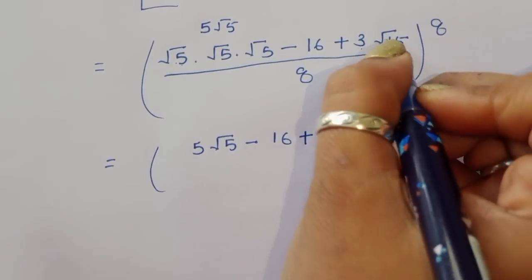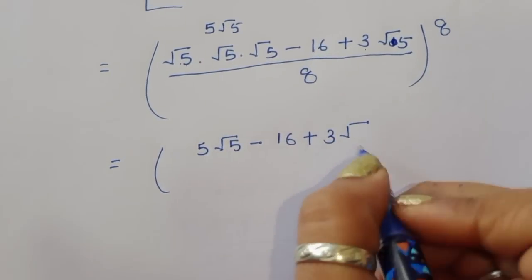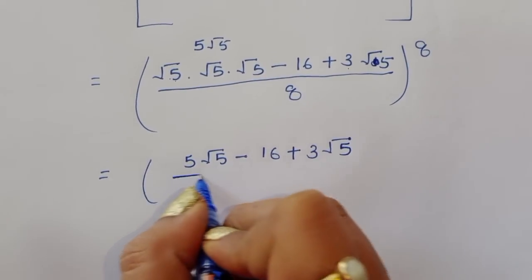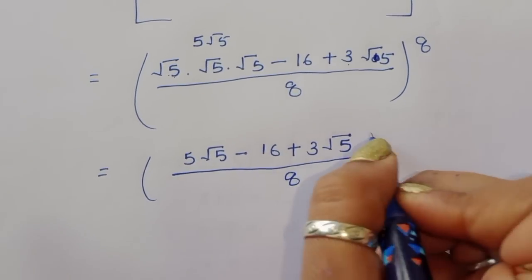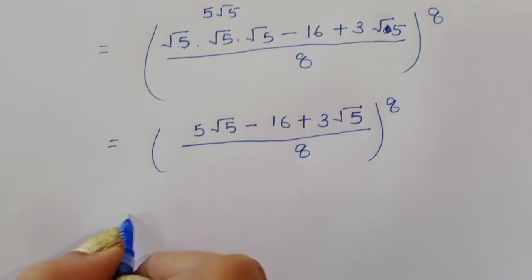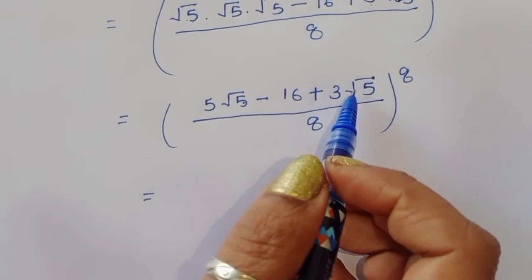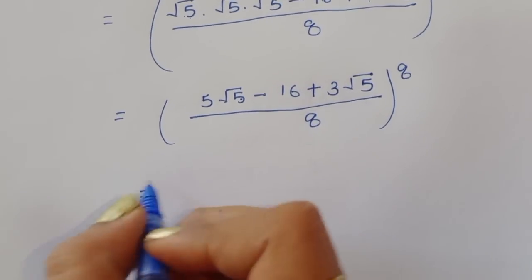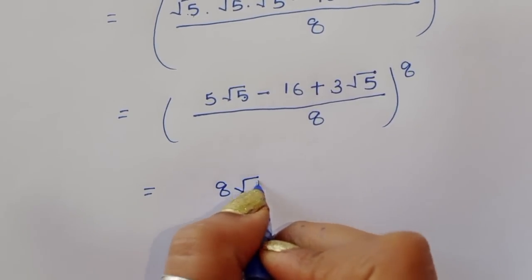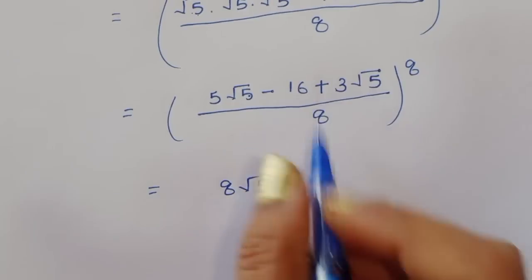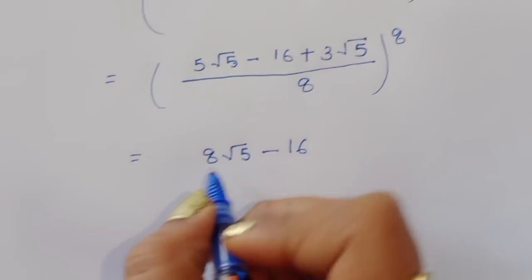Sorry, this is 5, not 15. 3 square root of 5 divided by 8 power 8 is equal to, now 5 square root of 5 plus 3 square root of 5, right? So we can write this 8 square root of 5, 8 square root of 5 minus 16 divided by 8